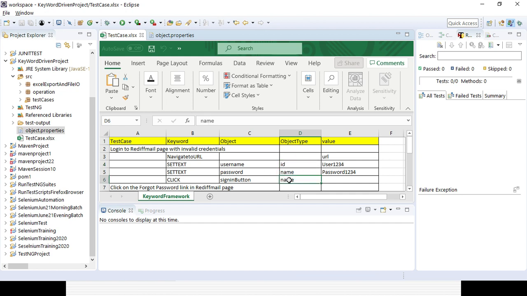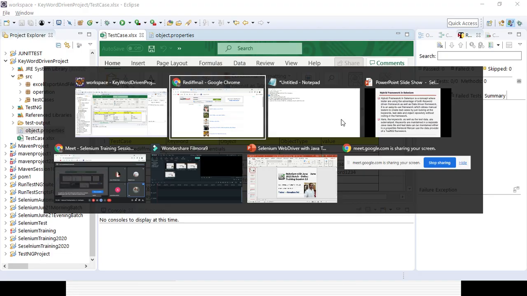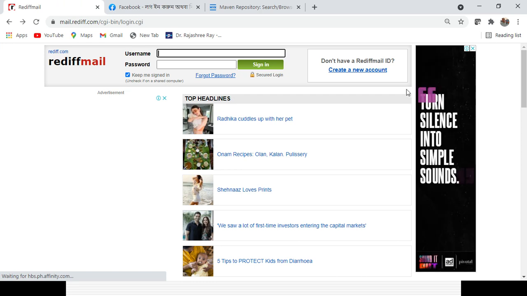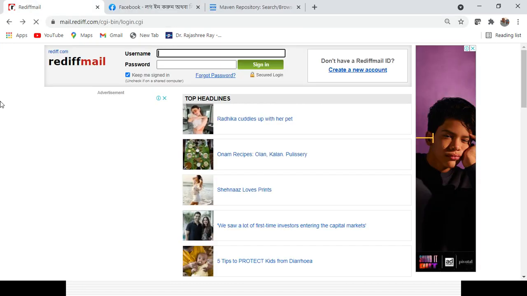For the username ID, if you want to inspect, press the F12 button here, and I have given that ID value. So let's press the F12 button here. Once I press the F12 button, I can inspect the element.